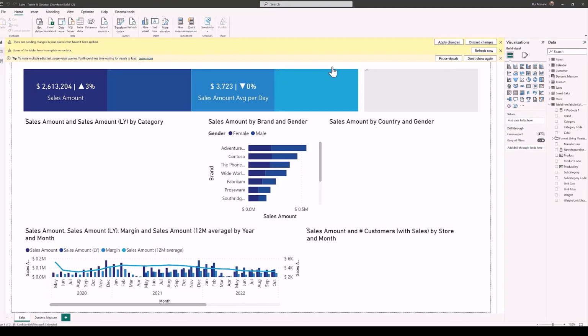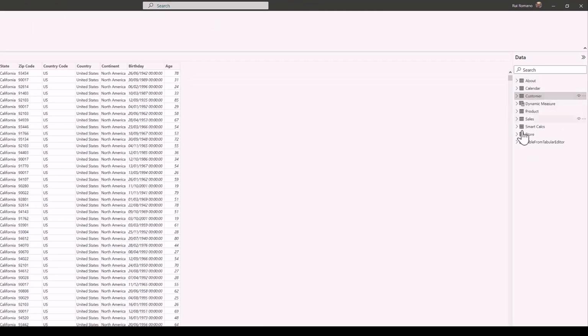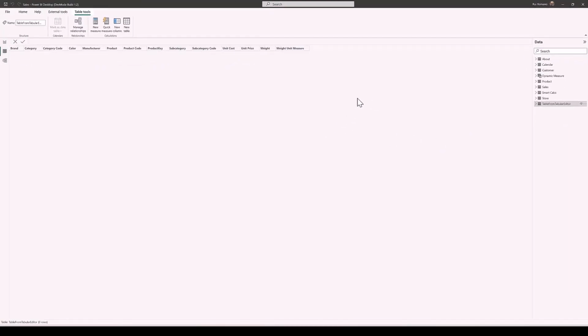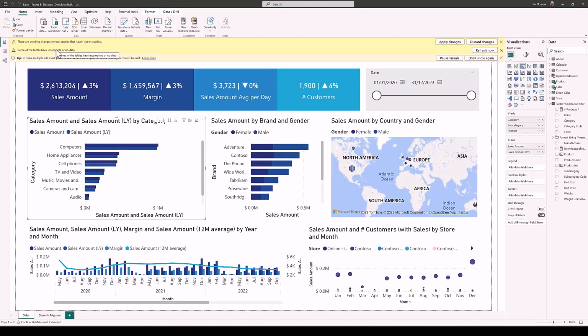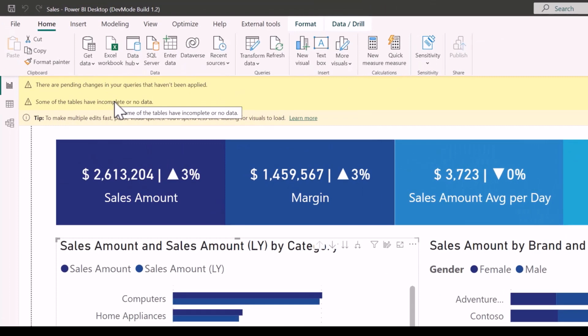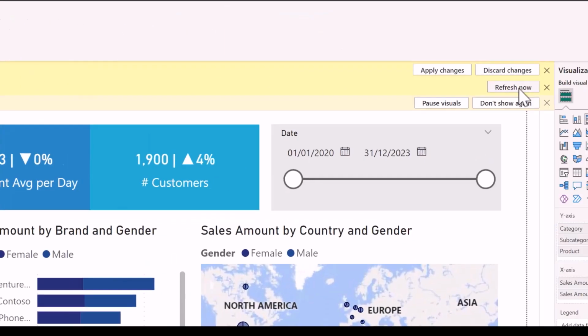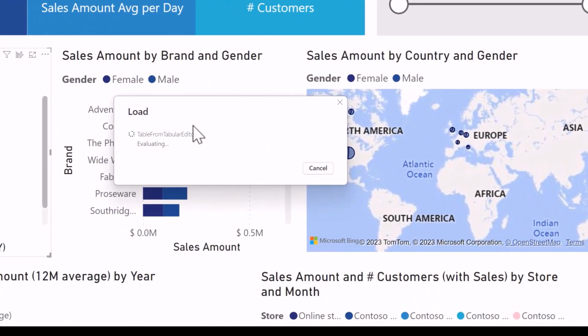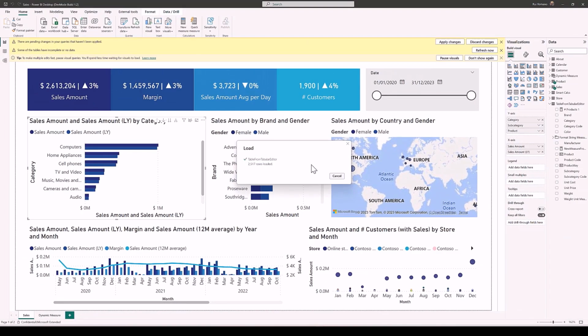But notice something interesting. If I go to the data view, all my tables have data. But if I click on that new table, it doesn't have data. Why? Because Tabular Editor didn't refresh any data, just created a new table definition. But notice also something. Power BI Desktop, because it's working in a Power BI project, detected that I have some tables that have incomplete or no data, and is asking me to refresh now. And if I click refresh, it's also smart enough to only refresh that single new table that I created from